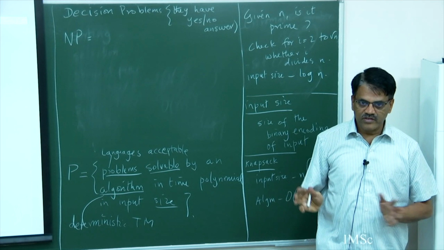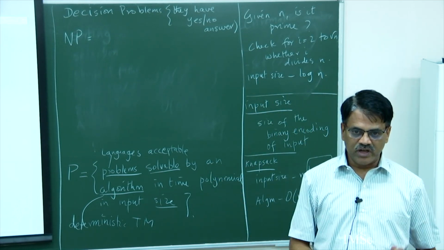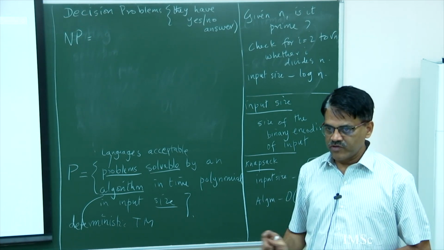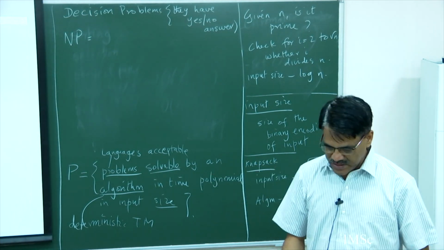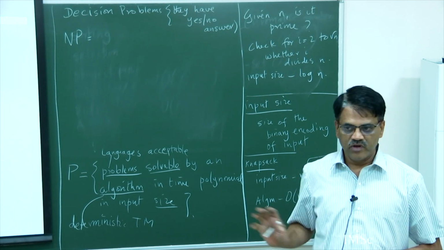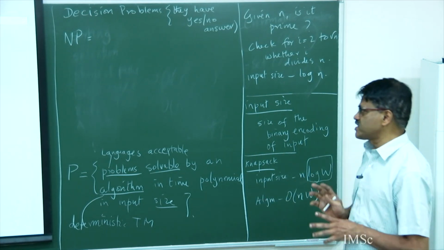Okay, so sorting is not a decision problem. You can't just say sort n numbers. Is the list sorted? That is the decision problem. For these kinds of machine acceptance reasons, we are going to focus on decision problems for this theory of NP completeness. Now, that's not too much of a restriction,